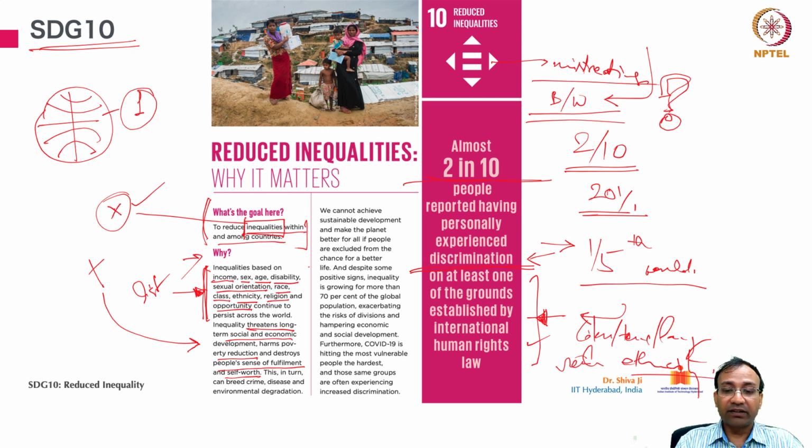For example, it threatens long-term social and economic development, because the needy person might not get the benefit or that opportunity, and might not progress in his or her life, which results in a long-term, or even whole life's deprivation, a low state of affairs, or low economic well-being. Or even a mental stigma and agony that the person goes through, right? So that is an additional harm, when a person feels mistreated or misbehaved with,